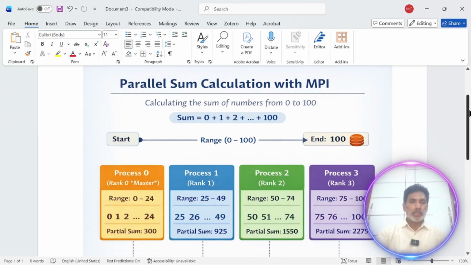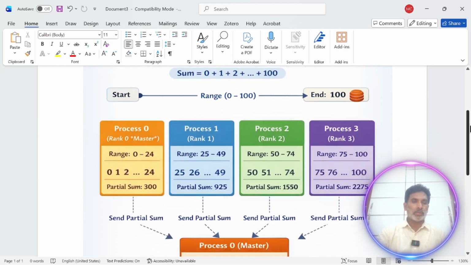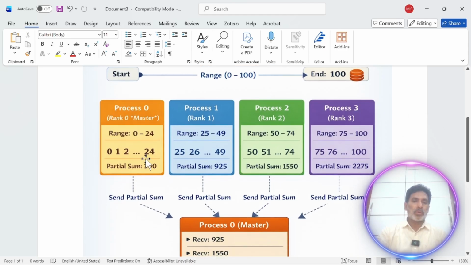Now let us assume there are four processes: process 0, which is obviously the master process, and processes 1, 2 and 3. If you look at the ranks of these processes, the master process rank is always 0, and the remaining processes are rank 1, rank 2, rank 3, etc. Now the task is to find the sum of the first 100 natural numbers. If these four processes are involved in this parallel processing, with a static loop scheduling approach, then